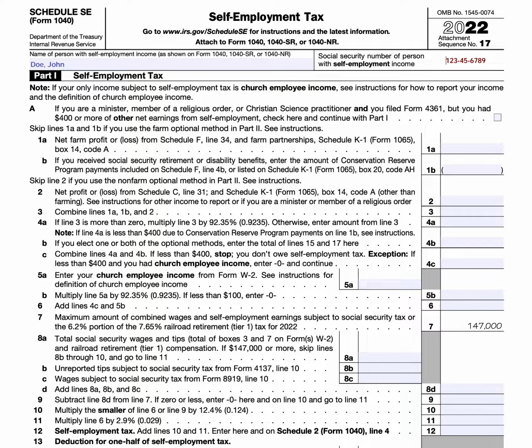We'll be going over Schedule SE, part of your Form 1040 for self-employment tax purposes. So certain people must pay self-employment tax. For example, if you're self-employed, you can either be in business for yourself, either farm income or non-farm income, you're